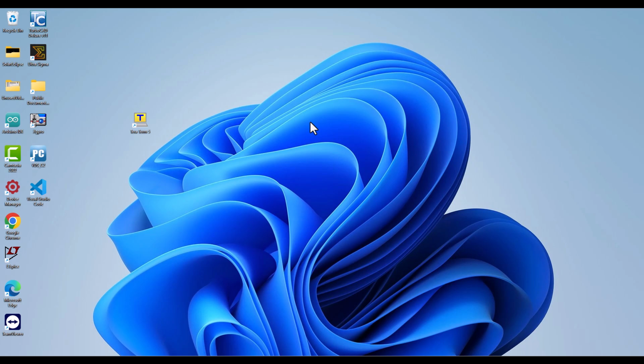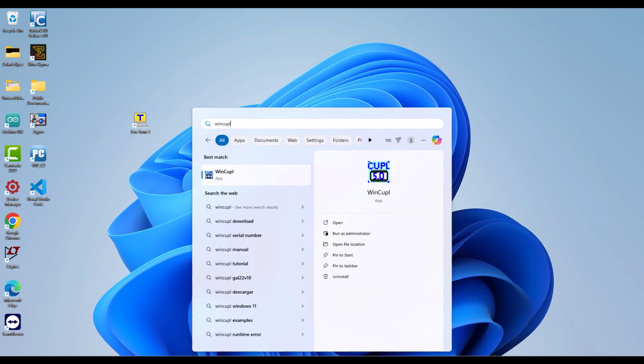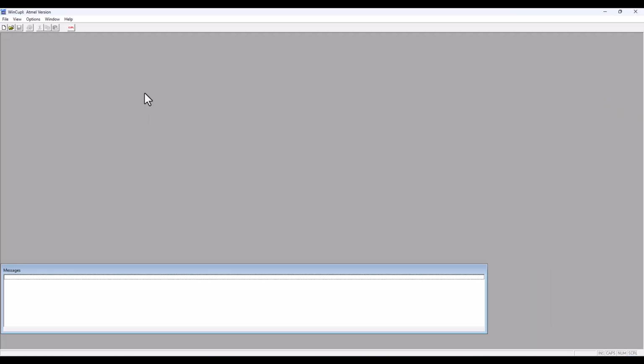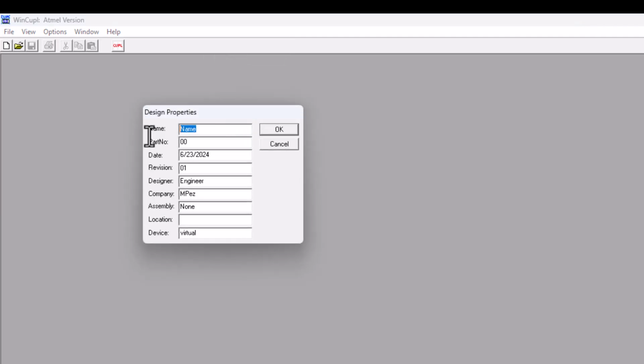The next step of this project is to take the logic as defined by the truth table and convert it into the programming for the IC. So for that, we're going to use a program called WinCUPL. So we're going to start with a new project. It's going to ask us several questions. Name of the project, what the current date is, your revision, doesn't matter what you choose here, the designer,